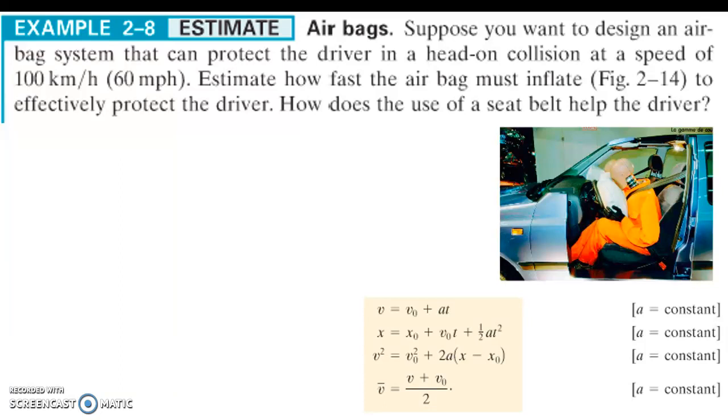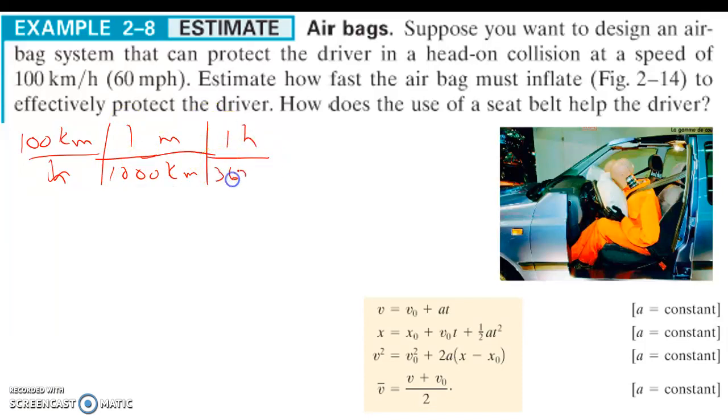Okay, based on everything we read here, we must first look at the speed, and we got the speed to be 100 kilometers per hour. Let's convert that to meters per second here. Okay, we know there's 1,000 meters in a kilometer. And we know in 1 hour it's 3,600 seconds. So I work my way through this, and I get my speed to be 28 meters per second. So that's going to be